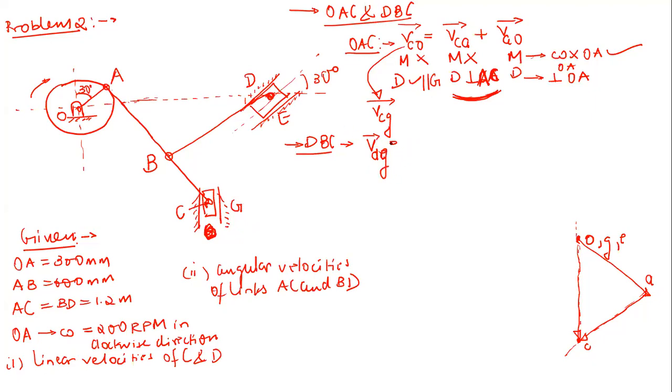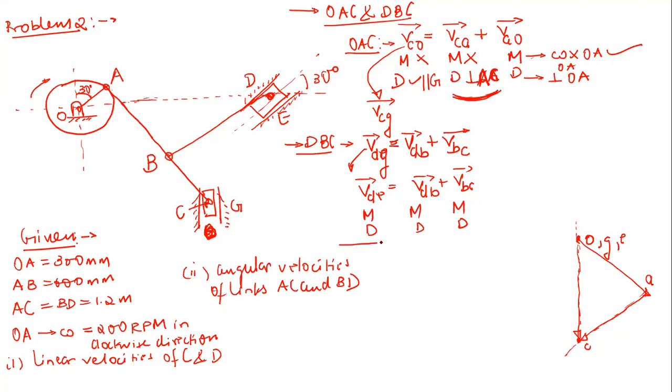So the VDG vector is equal to velocity of D with respect to B plus velocity of B with respect to C. Now you can simply replace this VDG vector by the VDE vector, which is equal to the VDB vector plus the VBC vector. You can simply run a parallel analysis, something similar to this: magnitude, direction, magnitude, direction, magnitude, direction. Finally you can draw all these velocity vectors. Will you be able to do this or not?